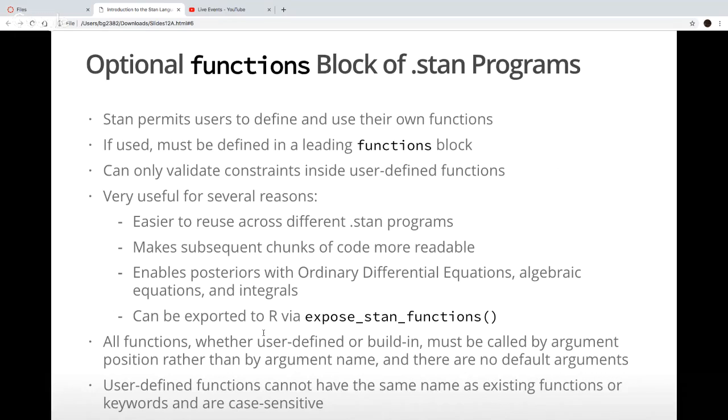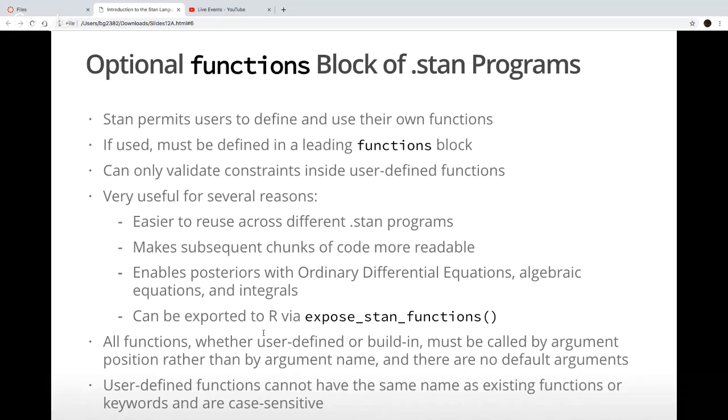What we've mostly been using it for, and it's also very useful, is that you can export those functions to R using expose_stan_functions. So you can call them, check to make sure they're working correctly, and check that it yields the same answer as a function in some other R package that is thought to be correct. But as we'll see today, we can actually use those functions within the Stan program rather than, or in addition to, exporting them to R, which is all useful.